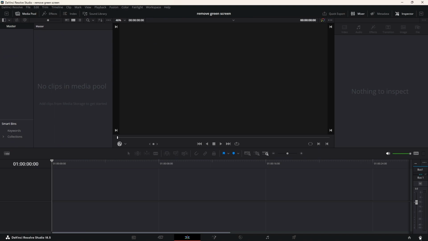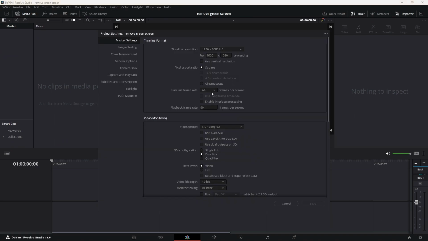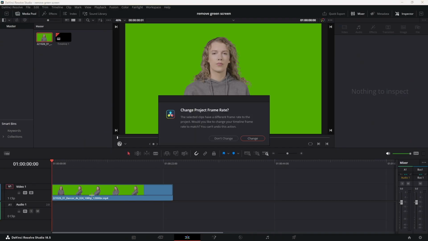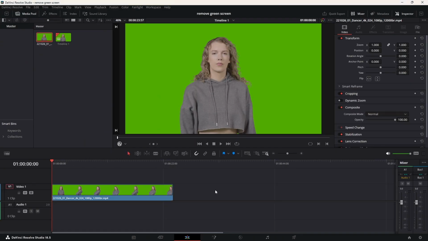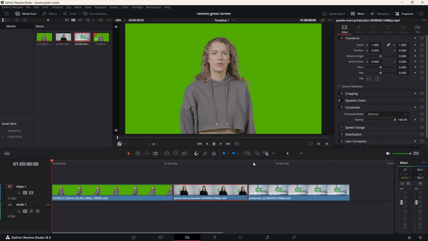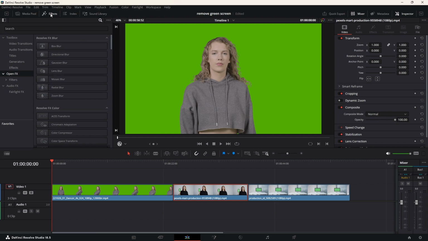For instance, we create a project. For example, we give it 60 frames per second. If we drag this down here, okay, I don't want to change the frame rate. If we want to, we can do the same thing for this one, or for this. These are just examples. So now the easiest way is to come to effects, open FX, we search for a